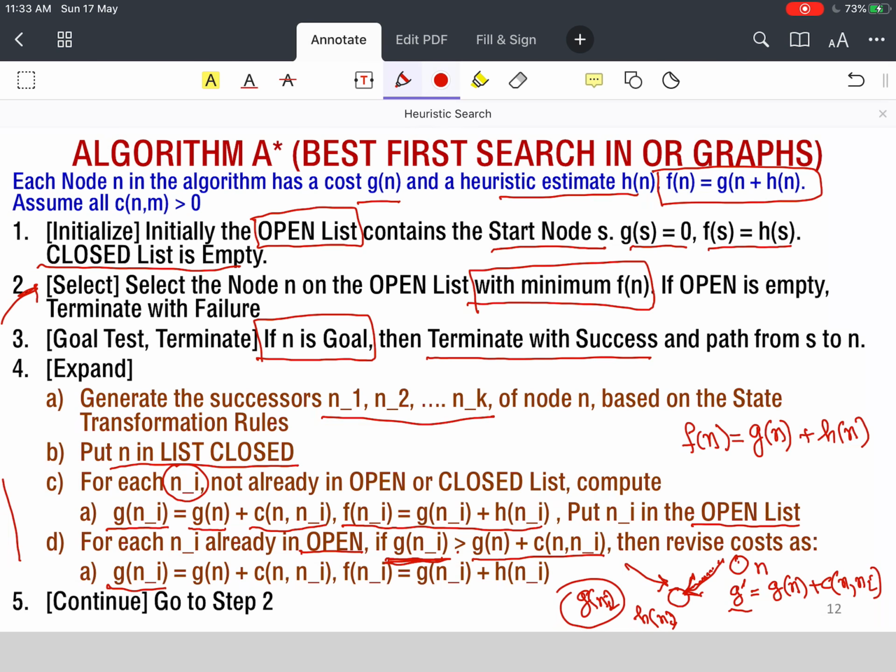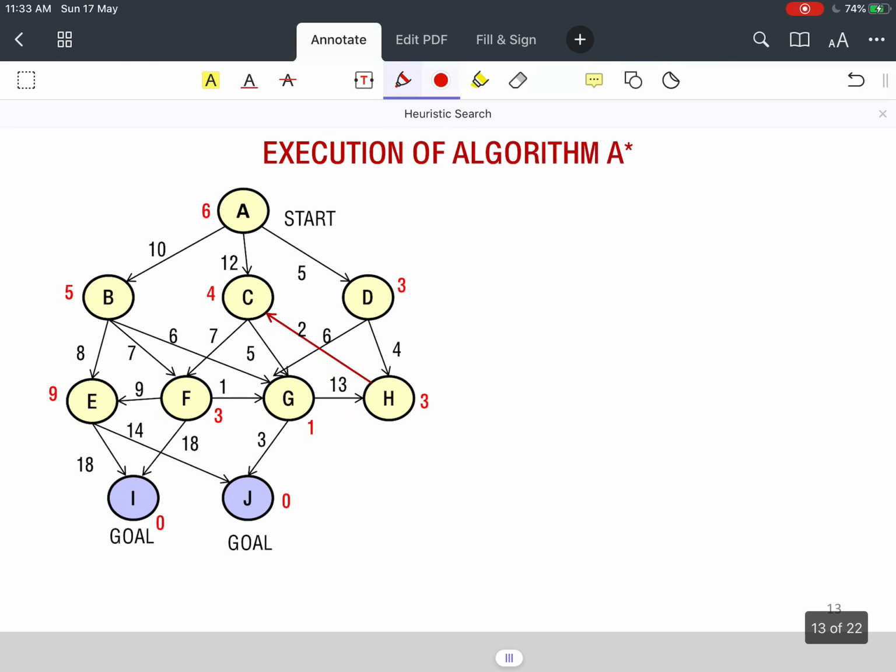For those which are existing, I check whether the new path is of lower cost. If the new path is of lower cost, I update the G(n) values. And I continue doing this till I reach the first goal node which is removed from open in step 2. And once that is done, I terminate. This is the algorithm A star. It is also called best first search in OR graphs.